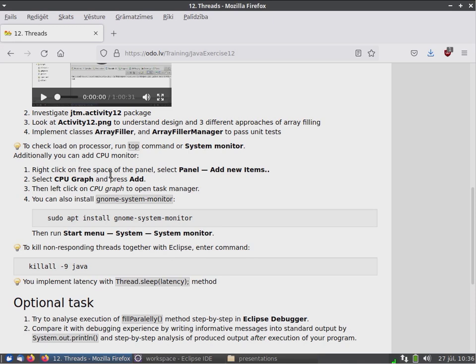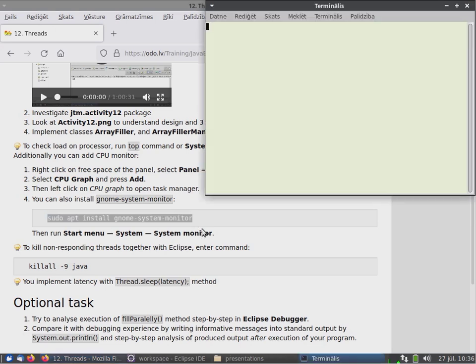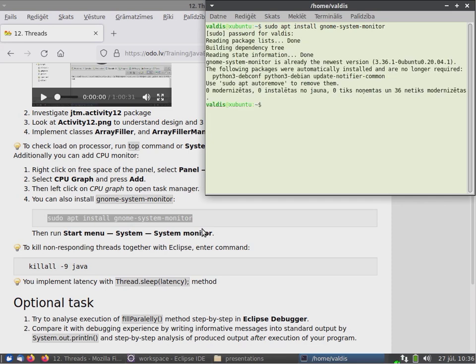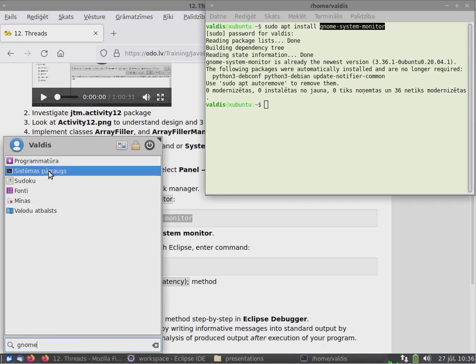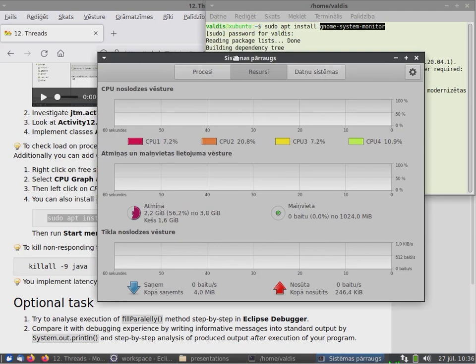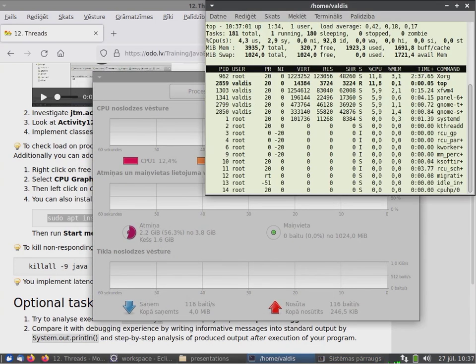So practical exercise is about activity 12 package, and if you like, we can do some preparations, maybe useful for monitoring purposes. For example, graphical monitor for system activities and resources, which is quite slow and heavy but feature rich, called GNOME System Monitor. So where is the difference between this and top in